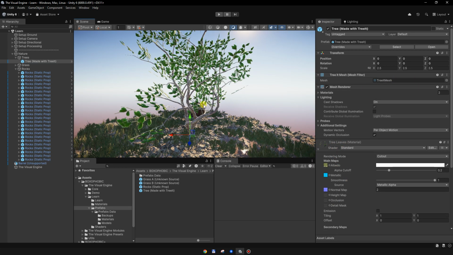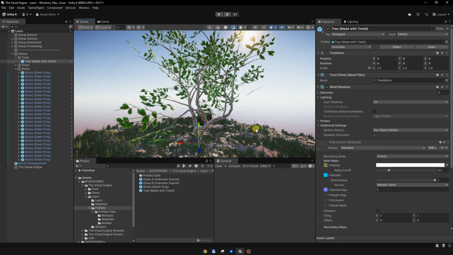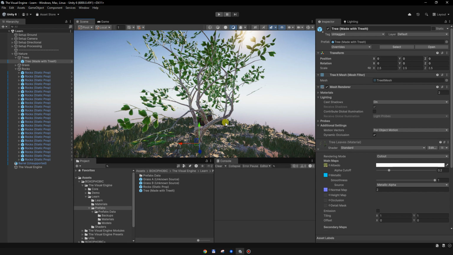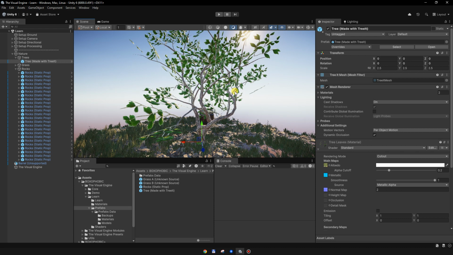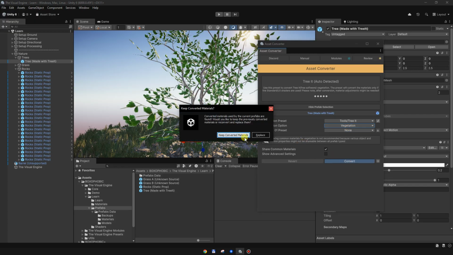and it is going back to the original shaders and meshes. So what I can do now, because I reverted it and I already changed some colors and some settings in there, I can open the converter again, go back to the vegetation option, convert again, and since TV is finding that